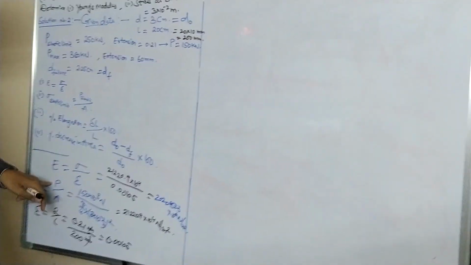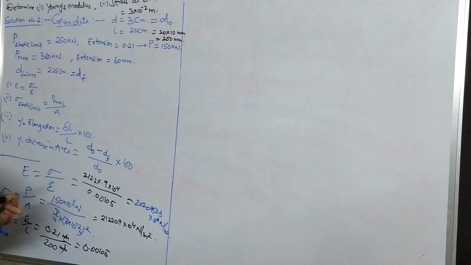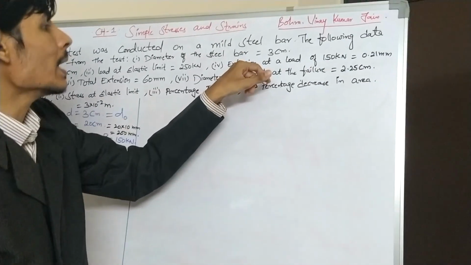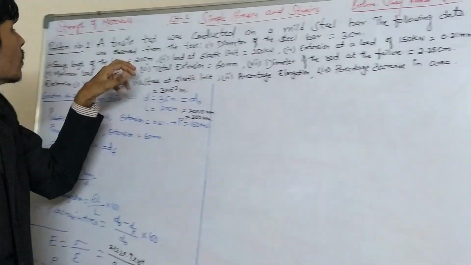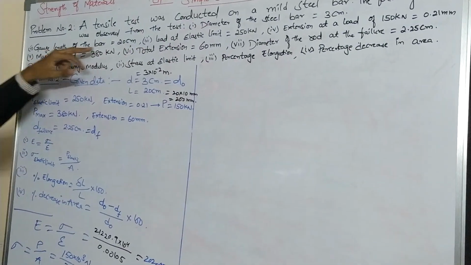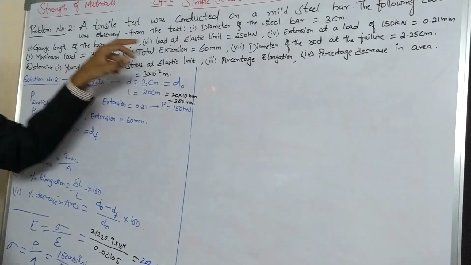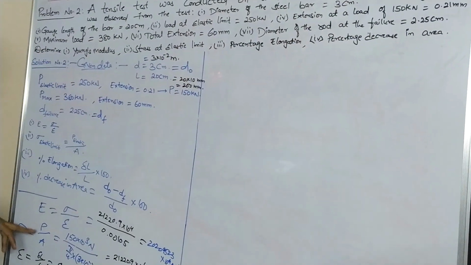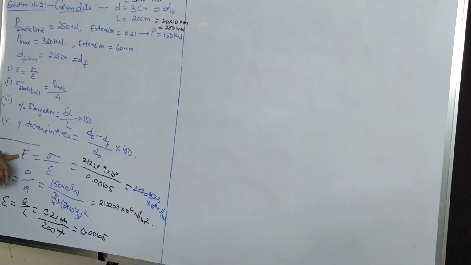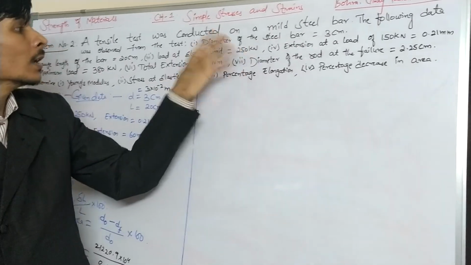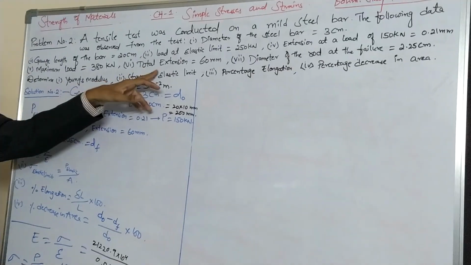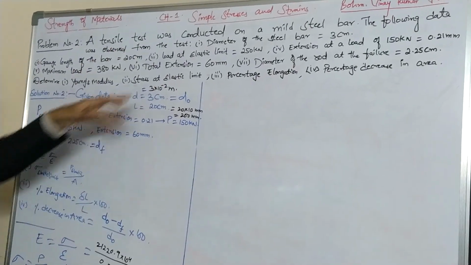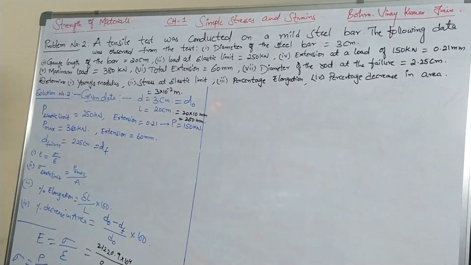Why we have taken stress is nothing but load by area. The load value why we have taken is 150 kilonewton is we know the extension. Similarly, we know the extension is nothing but change in length. Original length also we have known, which is nothing but your gauge length. That is the reason the load we have taken is at that extension for calculation of Young's modulus. If we take load at elastic limit 250 kilonewton, then there is no corresponding extension, so that you cannot calculate. Total extension is given, but there is no certain extension at this load. So due to that, we have not taken.